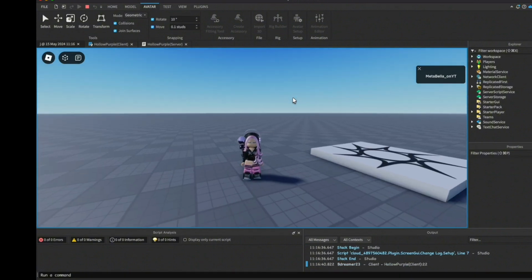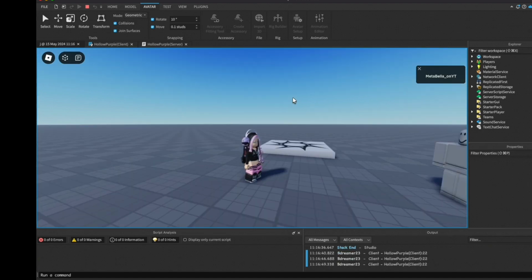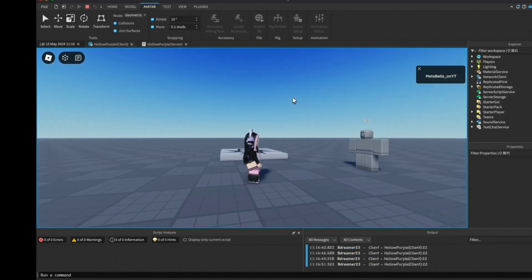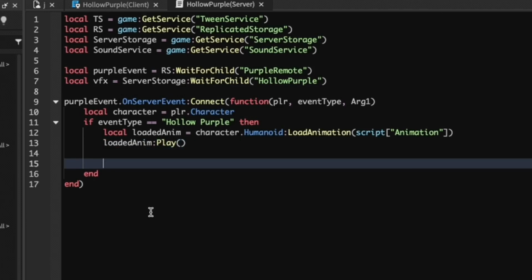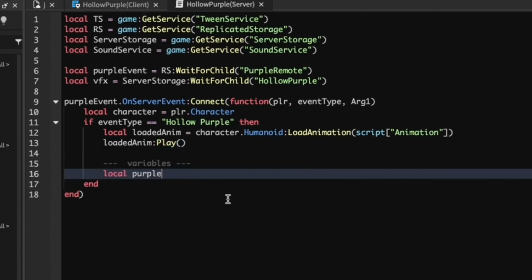Yeah, our animation played. It's not very visible on my avatar. Okay, so now we're going to define a couple of variables. These variables are going to store our VFX. So let's just do local purpleClone is equal to